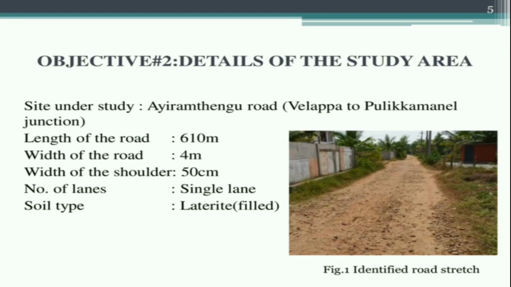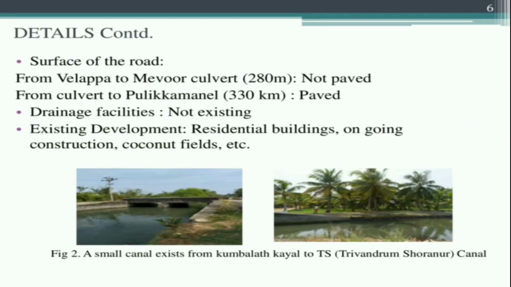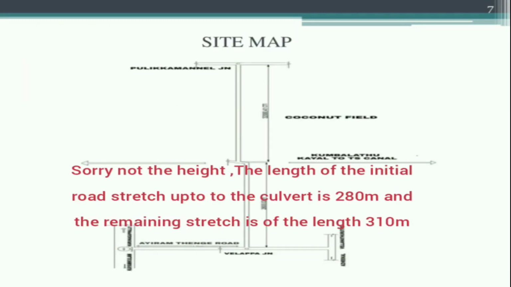The site under study is Ayramthing Road, of length 610 meters and width 4 meters, which is single lane and has laterite soil. From Velappa to Mevur Culvert, which is 280 meters, the road is not paved. This is the site map, and we can see that up to a length of 300 meters it is paved, and